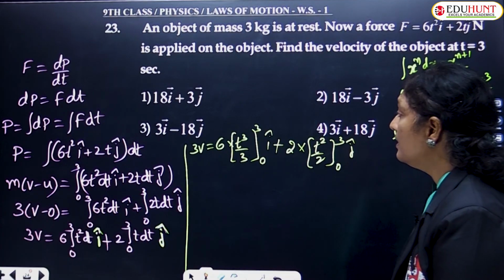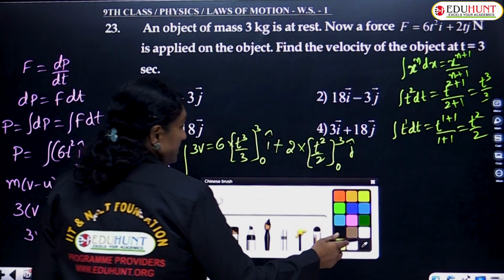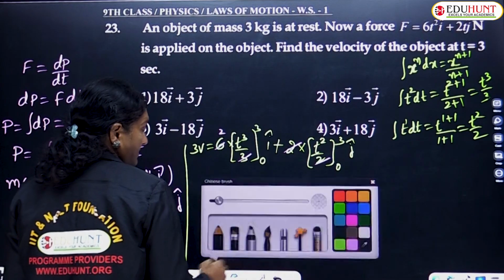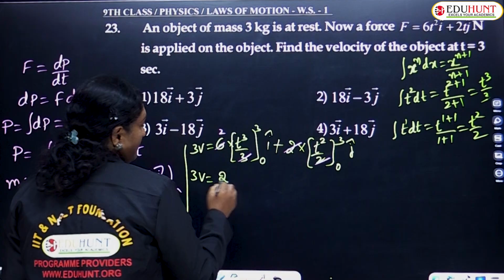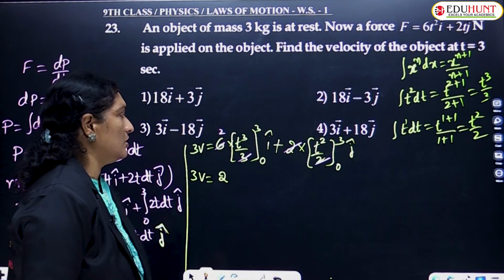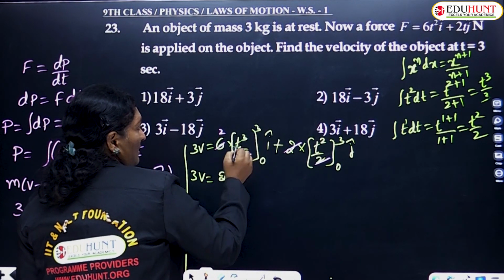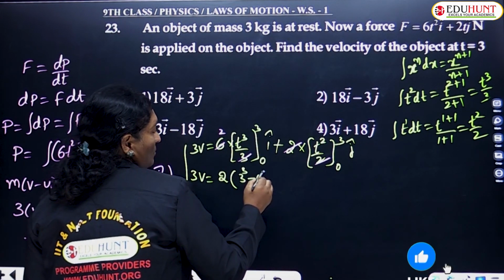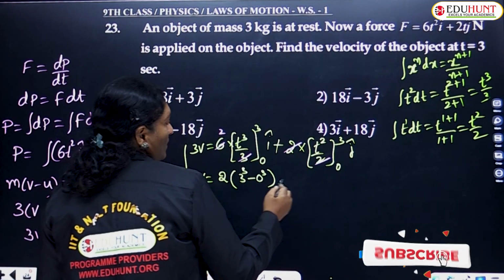That's it, children. Now let us try to solve the same. Observe this: 3 goes 2 times and 2 gets cancelled. So now you are left with 3v equals 2 times t cube. Instead of t, you have to first substitute 3, then 0. That means replace the upper limit for t. What is t? 3. So 3 cube minus 0 cube, upper value whole cube minus lower value whole cube, i cap,